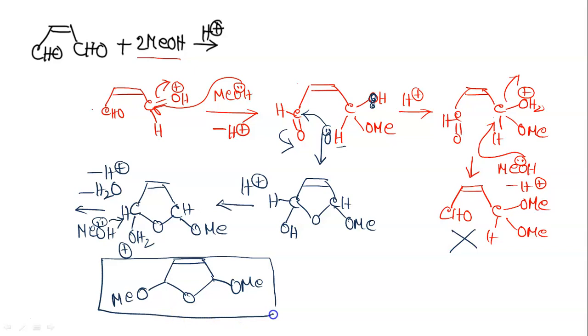So see, this is not acetal, this is not hemiacetal, this is completely different compound, because here we have in a single molecule two aldehyde groups. So that is why this step, that is the normally that we do, this will not happen, okay. This OH, the lone pair over this oxygen, it will attack the another aldehyde because it is already a part of molecule and it is very close to the second aldehyde. That is why this type of attack will take place rather than protonation of OH and attack by second methanol